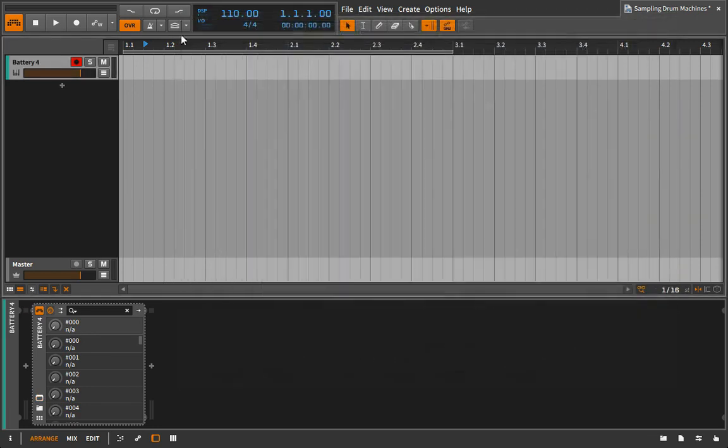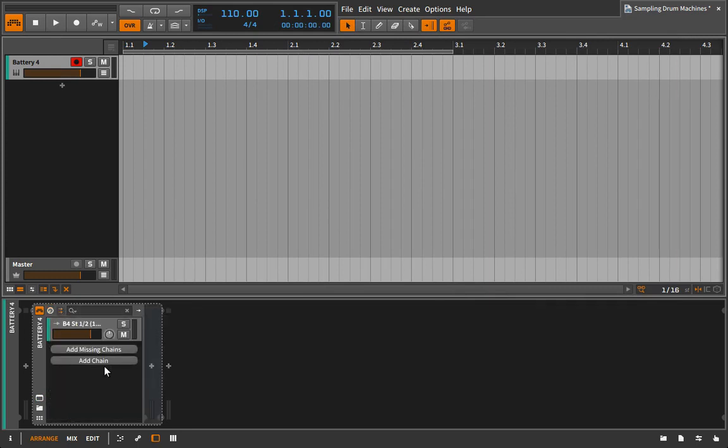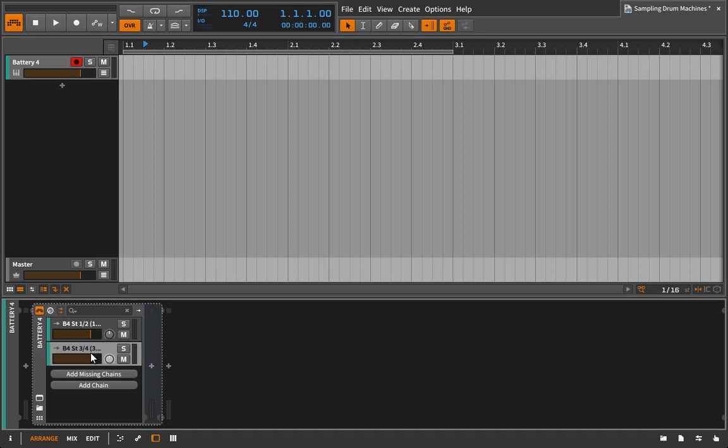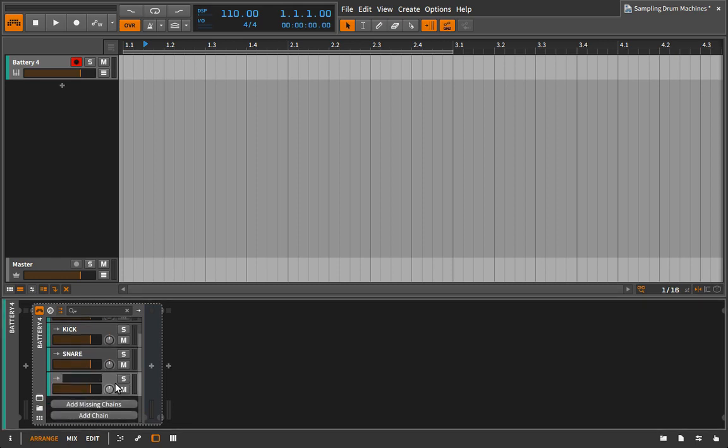And that's because I need to now set it up inside of my DAW. So depending on your DAW, you'll do this a different way. Here, it's very easy. I'm going to go in here. I'm going to add chains, and it's just going to add them in order. So it's added me 1 and 2. Now it's added me 3 and 4, and this is going to be our kick. This would actually be our sends if we had reverb and delay. This would be the snare. And again, these numbers are just corresponding to what I just set up. And this is going to be the crash. Okay, so now if I play back,